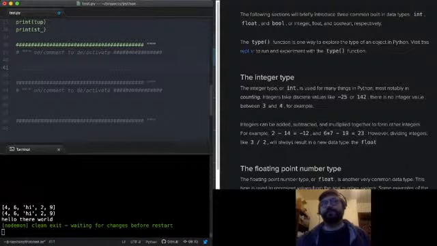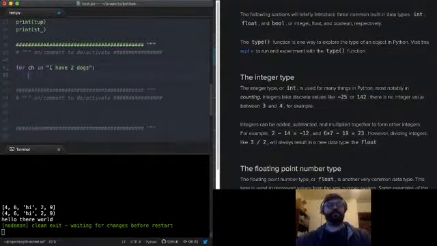I think what you might be getting at is if you're trying to parse out, say, digits or numbers from a string, like if I had a string that says "I have 2 dogs," you might want to say for character in this string, then we could say if character dot isdigit.